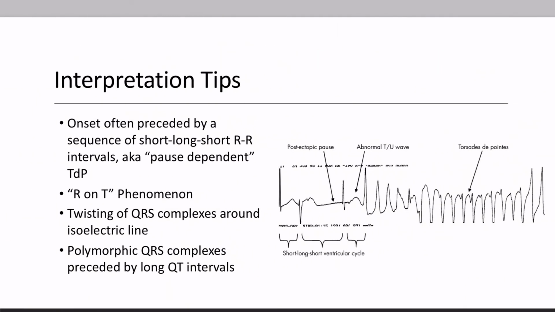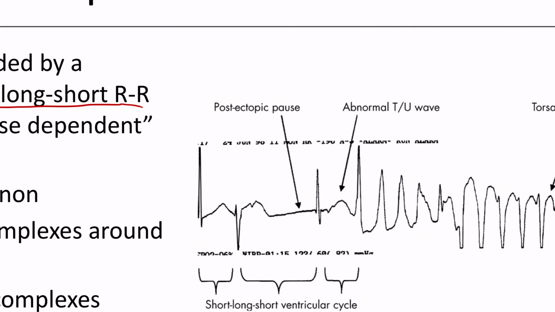So, some interpretation tips. The onset is often preceded by this short, long, short RR interval sequence. I pointed that out on the patient's ECG, but we'll take a look here. If we zoom in, we have this first QRS, the second QRS. We can see this is a short interval. Next, from this one to this one, it's a much longer pause, this post-ectopic pause. And then from these 2 points, another short interval. So if you see this short, long, short, followed by this polymorphic rhythm, just going up and down like that,